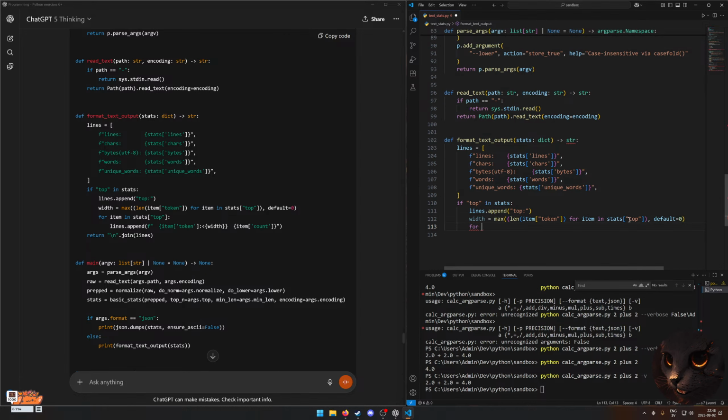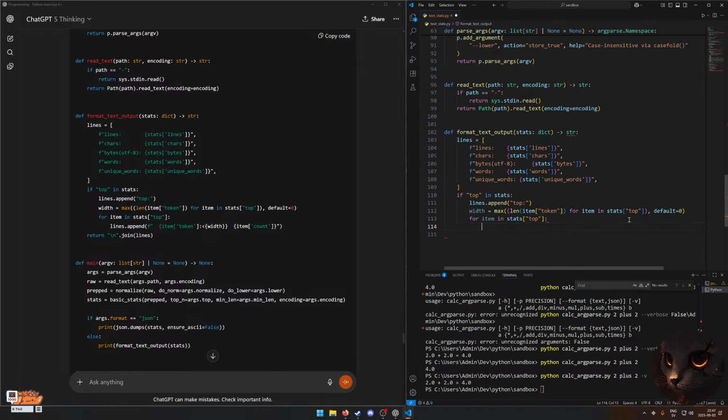Okay, for item in stats top, lines.append item and token